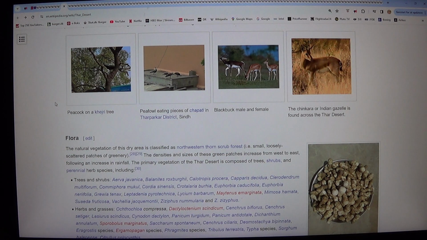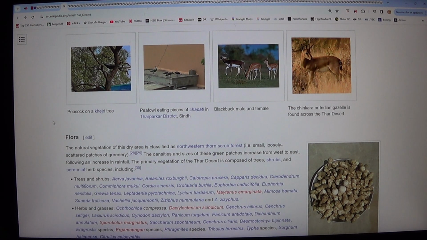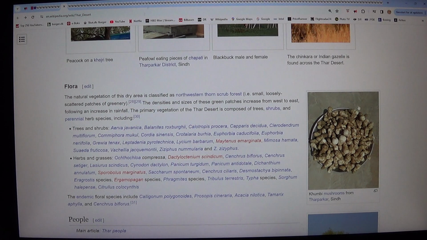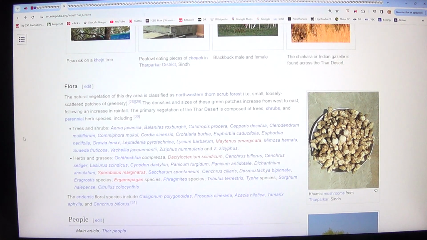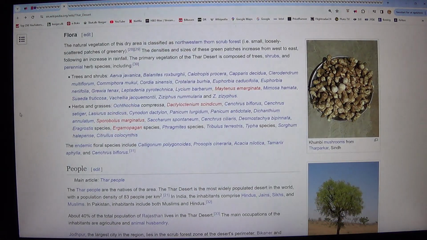Flora. The natural vegetation of this dry area is classified as northwestern thorn scrub forest, i.e. small, loosely scattered patches of greenery. The densities and sizes of these green patches increase from west to east, following an increase in rainfall. The primary vegetation of the Thar Desert is composed of trees, shrubs, and perennial herb species, including: